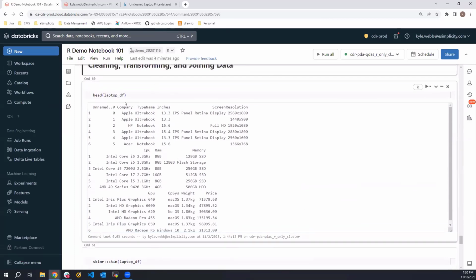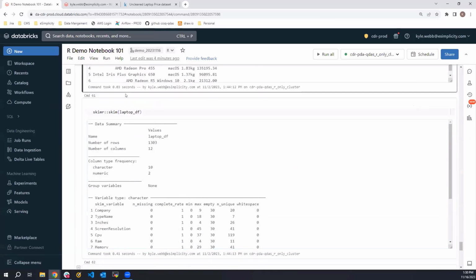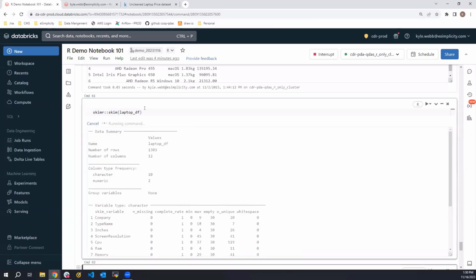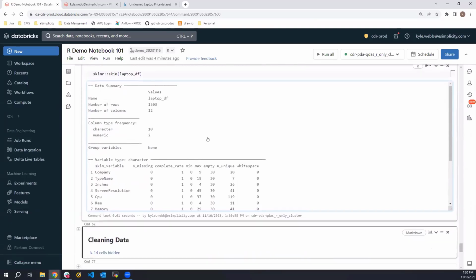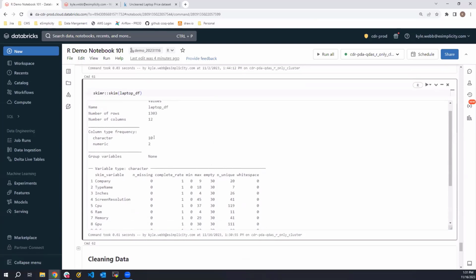So head provides us a function to just see the first 6 rows of our data. But something that's really helpful in R is this package skimr. And I don't think I mentioned before, but instead of calling library, you can actually directly reference functions in a package. So skimr has this function called skim, which is a little bit like summary in base R, if you're familiar with that. But it basically allows you to look at some really high level statistics on your data, and it really helps for things like knowing